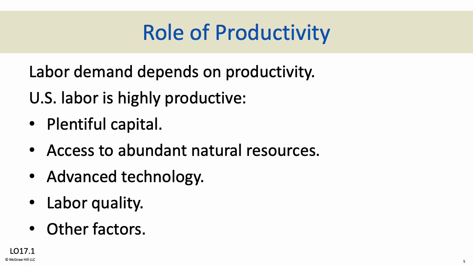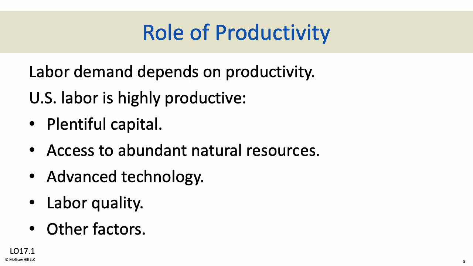So what about productivity? Demand for labor, like other resources, depends on its productivity. And the greater the productivity of labor, the greater the demand for it. Supply is relatively fixed. Obviously, populations of countries do change. People get born, people immigrate or emigrate, and things like that come and go. But in a fairly short amount of time, the supply of labor stays pretty stable. So, as a consequence, the greater the productivity of labor, the greater the demand for it. And if labor is relatively fixed in supply, wages will go up.